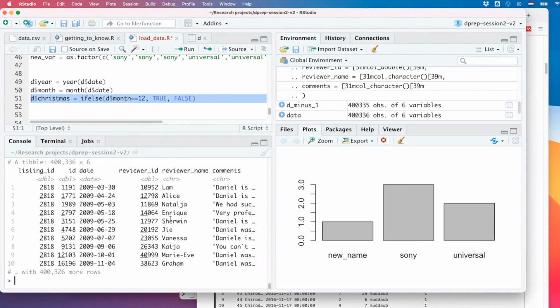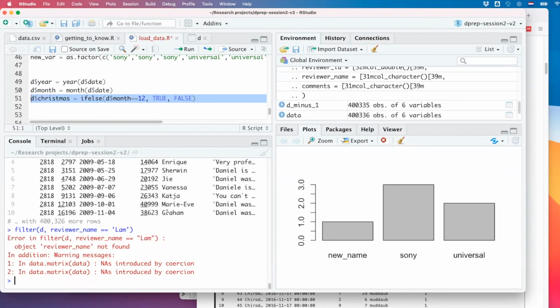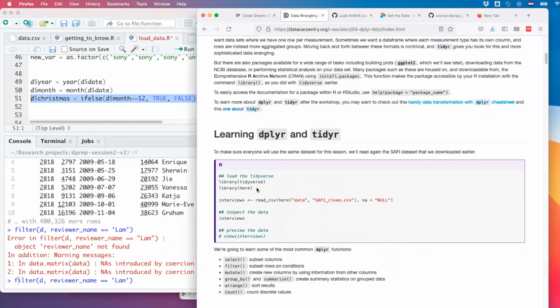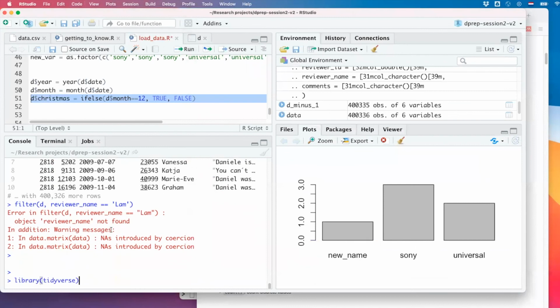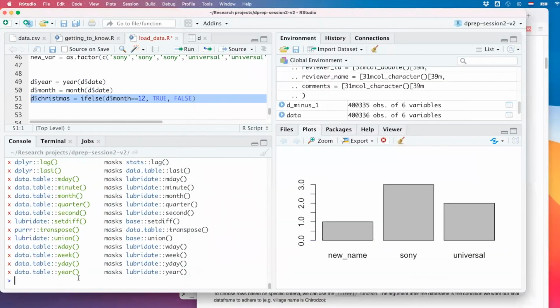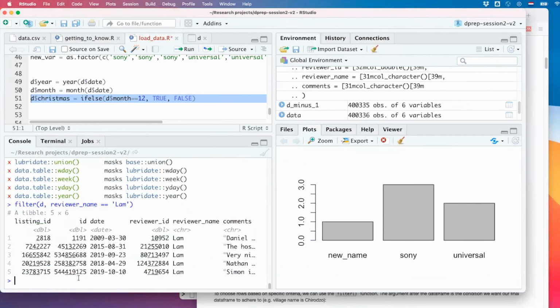We could do D, filter D, and we could say reviewer name equals Lamb. Okay, here you see I'm really not good at this. Filter, or maybe I first need to load tidyverse. There you go. Yes. So now we can run this command. Filter D gives me 5 reviews that Lamb has written.